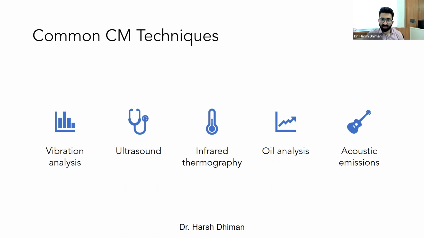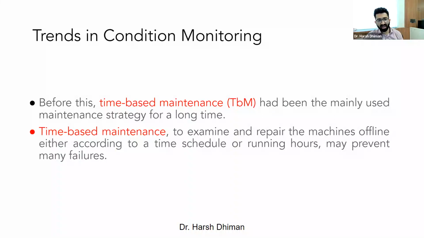Now, if I were to talk about condition monitoring of a transformer, 99% of the time I would talk about oil analysis, because how your oil degrades over a period of time indicates the quality of your insulation. And when to replace that insulation is again very important. You cannot replace it before time, because otherwise you are investing unwanted cost in O&M procedures. So yes, it has to be intelligent, right? And that's why a lot of different techniques are involved in condition monitoring.